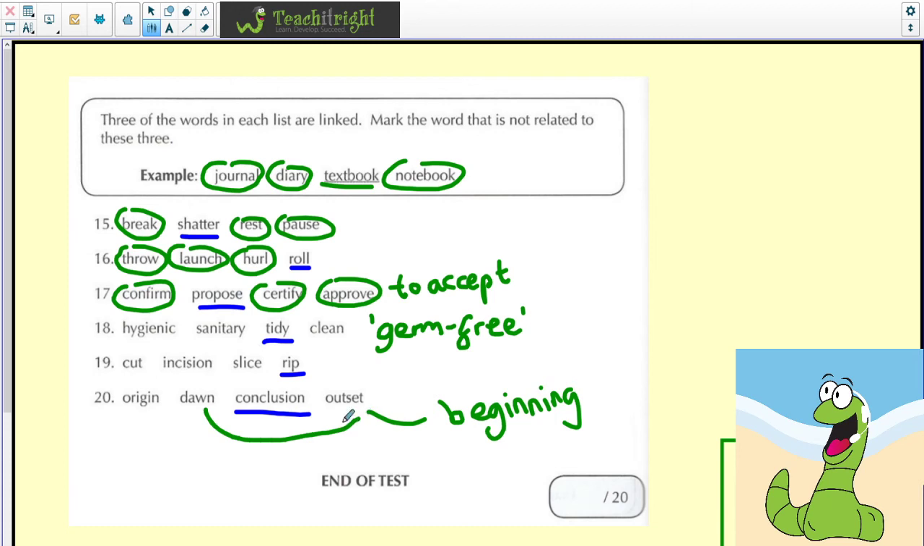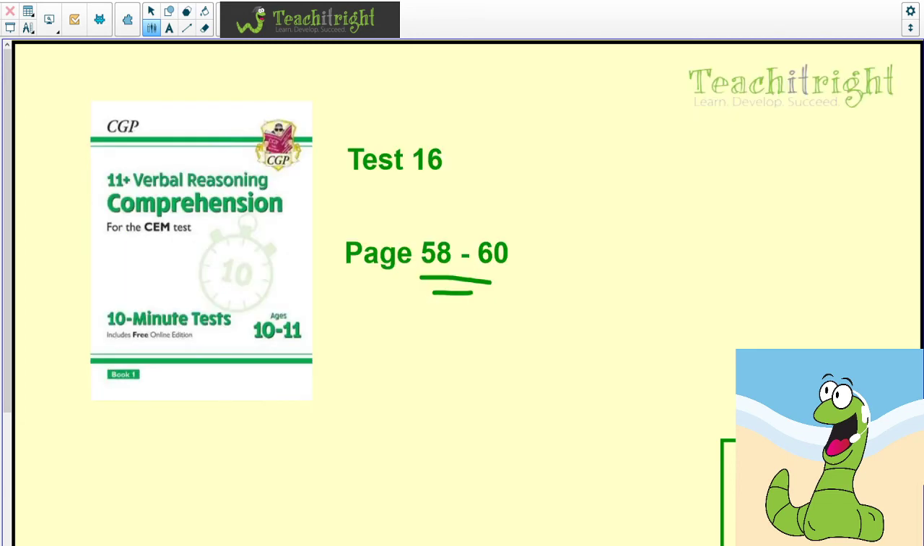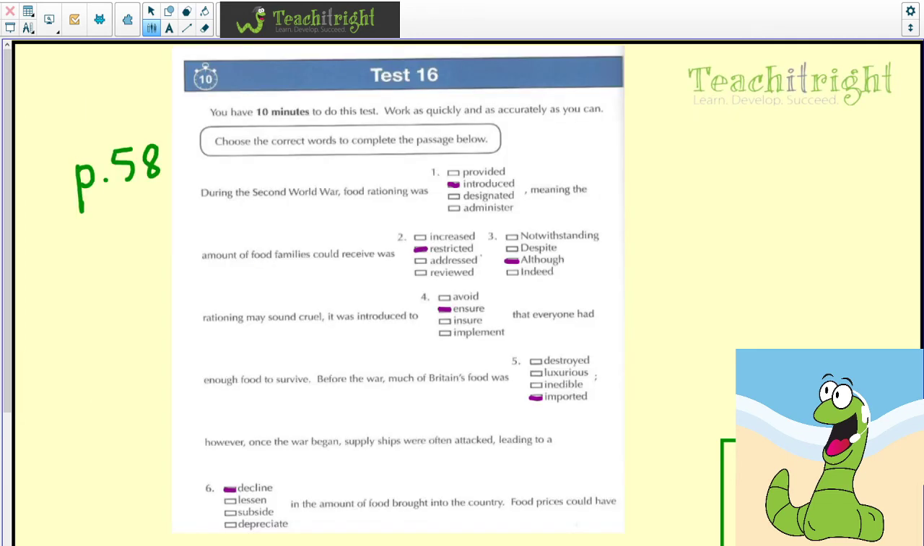So I could put dawn, outset and origin as the start or the beginning. So conclusion was the odd one out there. And if we have a look at the last test you had to do for your homework, we're looking very much at the Second World War today. There was another little closed passage that you had to do, and then a series of word questions afterwards. So I'm going to read this through to you, and you can check whether you selected